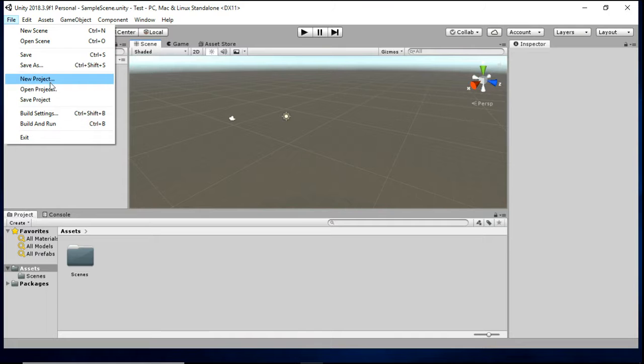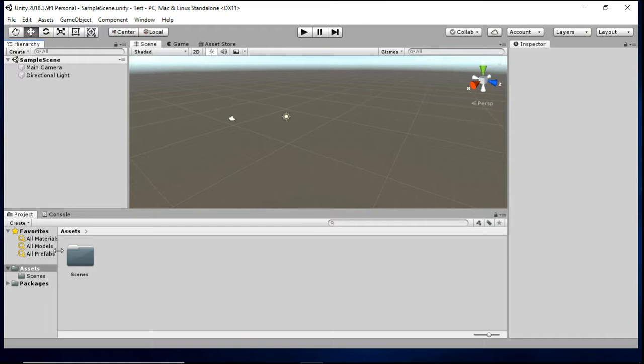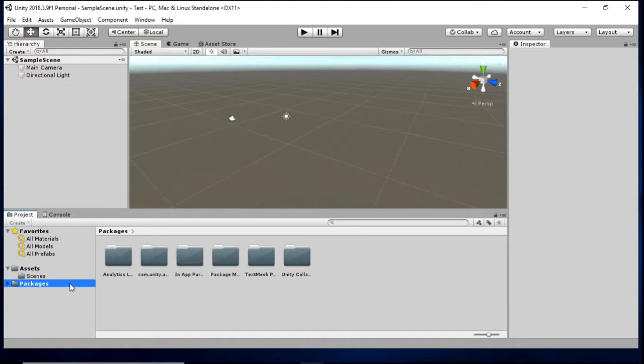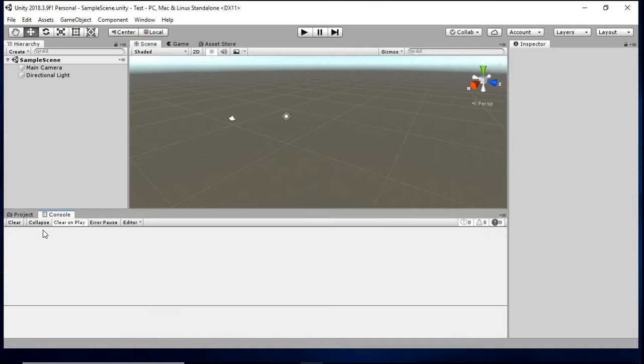Click File. Here we have a list of options available. Here is the project panel, where all the models, materials and assets along with packages are added. In the console panel, we have clear, collapse, errors. You'll understand everything once we start our course.